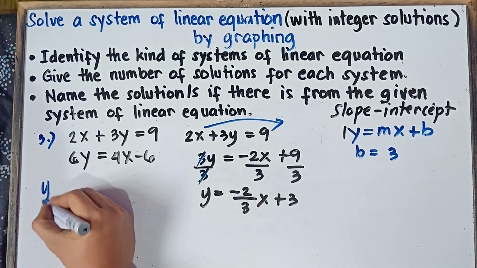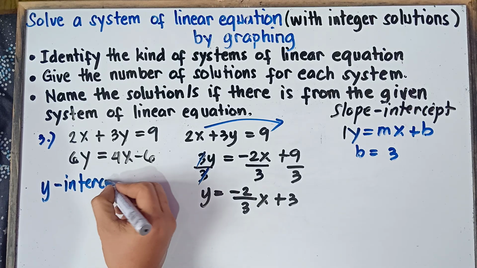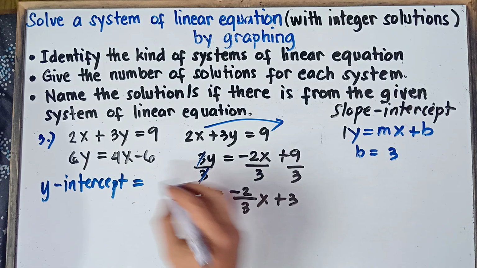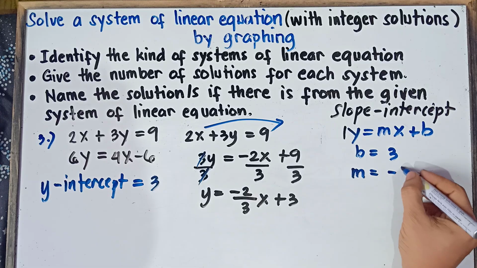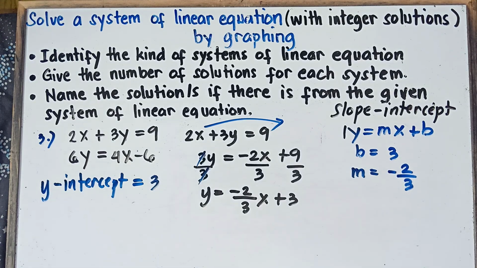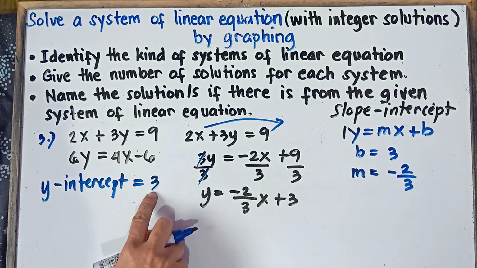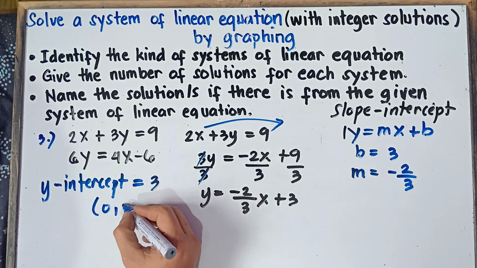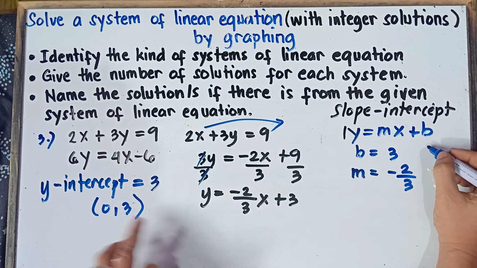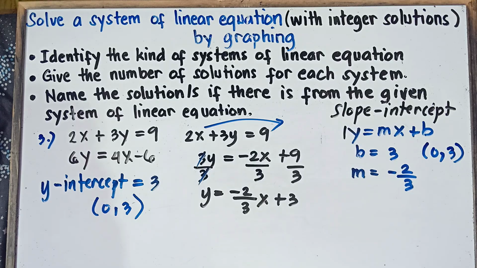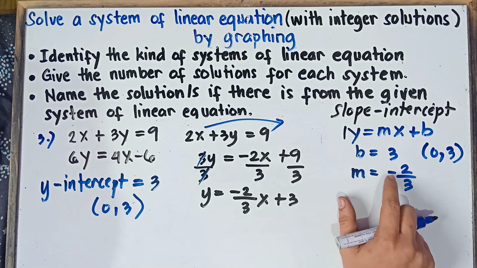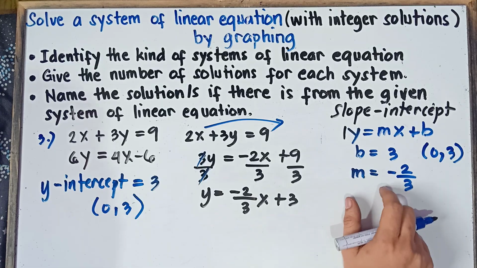Once again, y-intercept is equivalent to b. So y-intercept, that would be equal to b. So that would be 3. And then our slope is equal to negative 2 over 3. Alright, so once again, our slope, that would be negative 2 over 3. Now, if the y-intercept is positive 3, so therefore, class, the ordered pair, let x equal to 0. So that would be 0 and then 3. Once again, class, for the y-intercept, x is 0 and then y is positive 3. And then the slope, that will be negative 2 over 3.